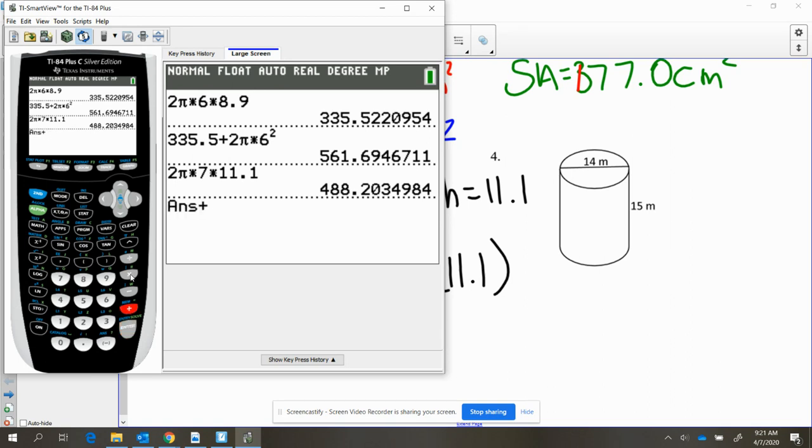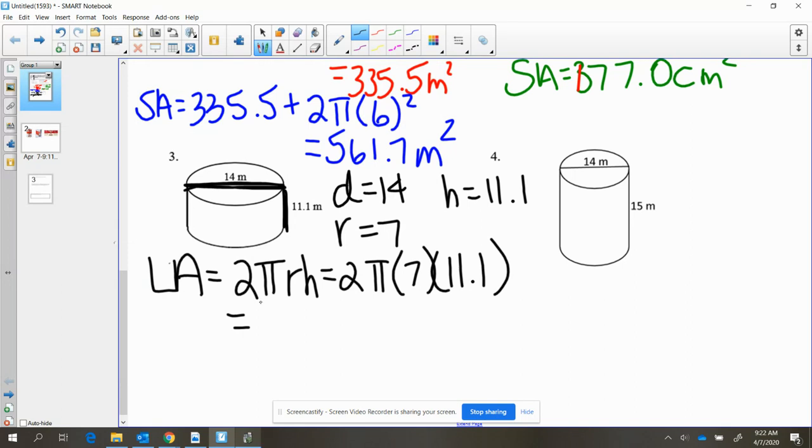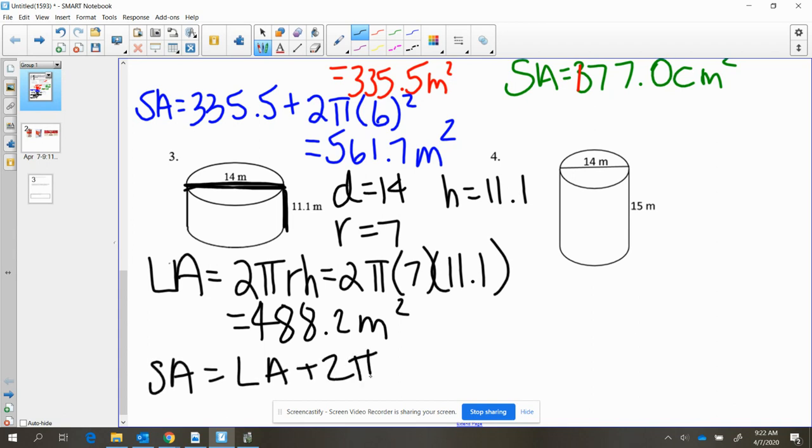And then we're going to add on to that value for the total surface area, 2 times pi times that radius value of 7 squared, for a total surface area of 796.1. So again, lateral area is 488.2 meters squared, and then the total surface area is that lateral area plus 2 pi r squared, for a total of